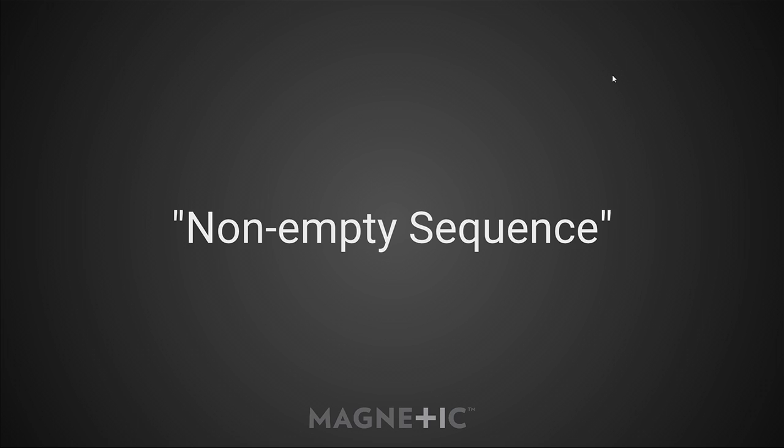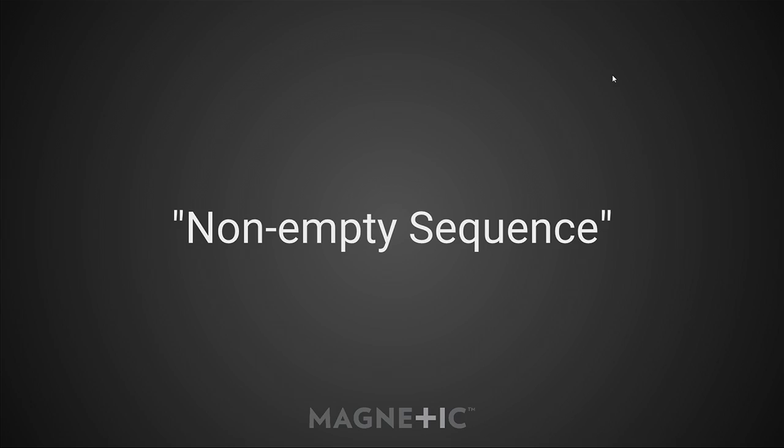So another example. How about non-empty sequences? So someone says, I want to write a schema. It should validate against every non-empty sequence, where the definition of sequence is the same definition, let's say, as if we were using Python types. So strings and arrays, or strings and lists in Python.